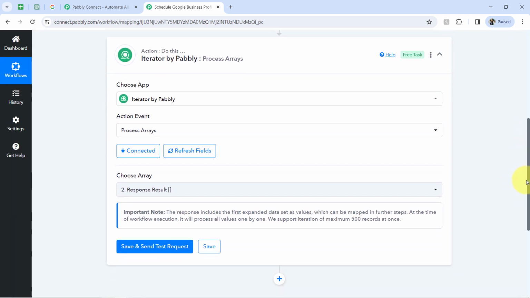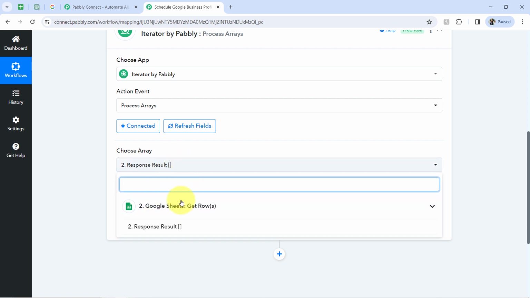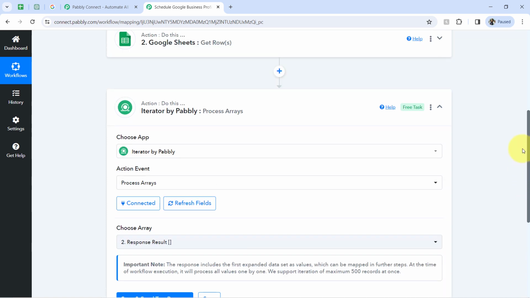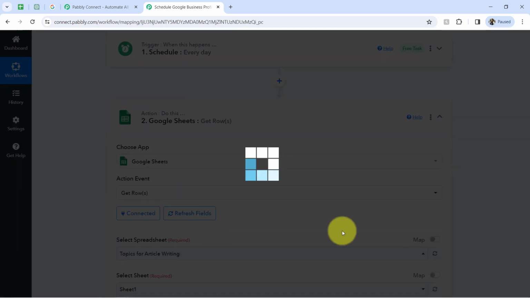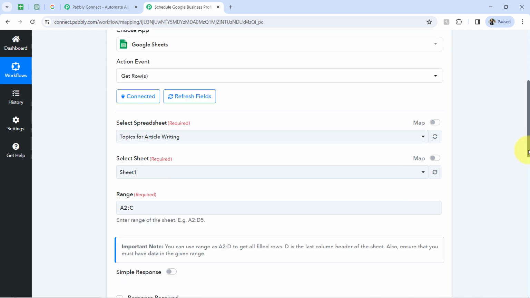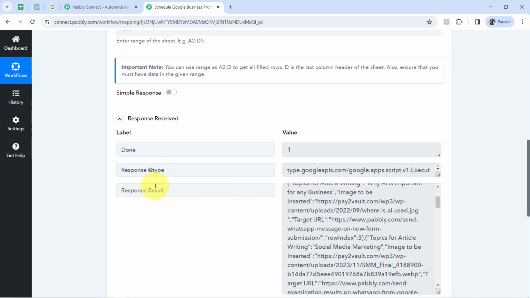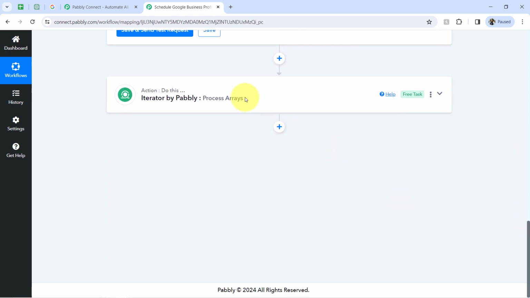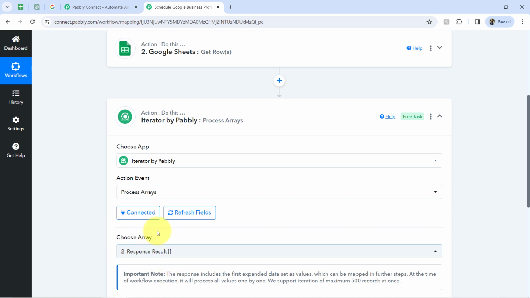Now you just need to map the details which you have just got via Pabbly Connect. Yes, it is the same response which we have just got. You can even read it, response result. If I scroll up and open the spreadsheet data, you will notice the response as response result only. This is the response result which we are mapping here, and whatever details we map here from this drop down,